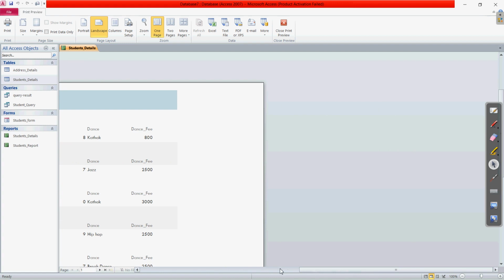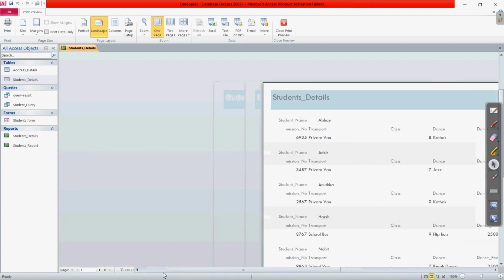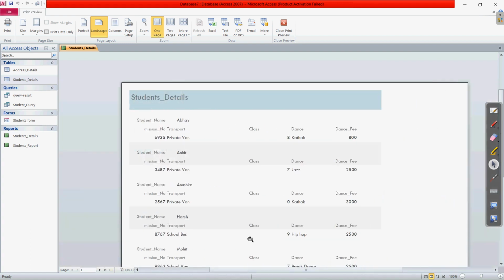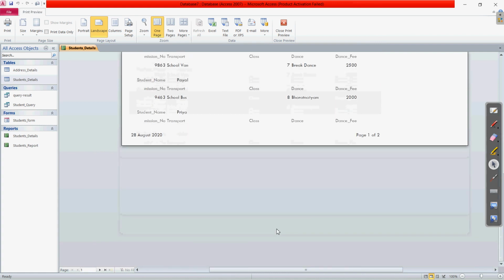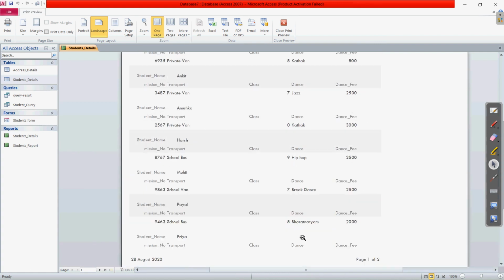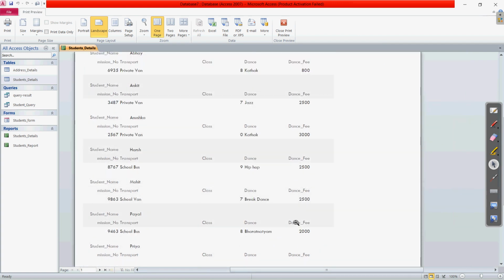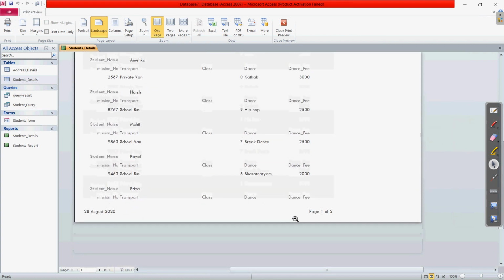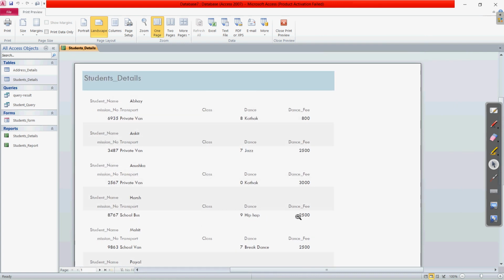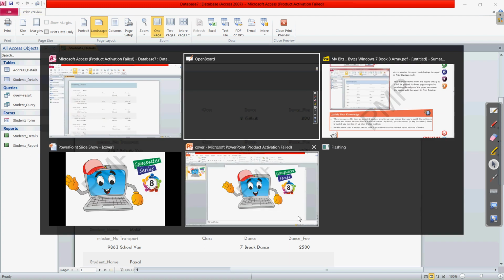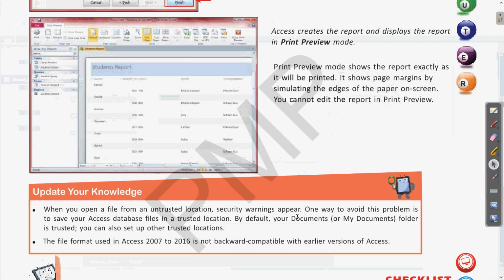I don't think so. We have only page 1 because we have that much data. If you have more data, it will break into a number of pages. So these are all the steps for creating a report using the report wizard.